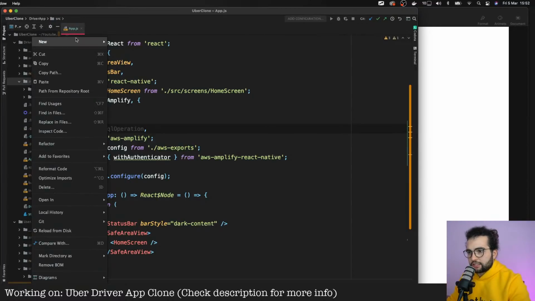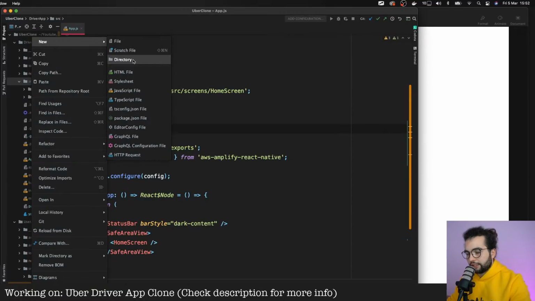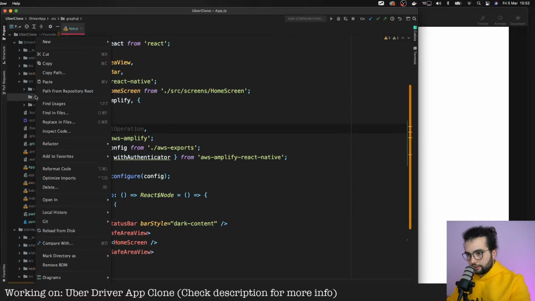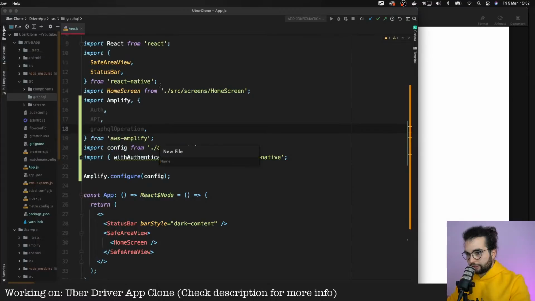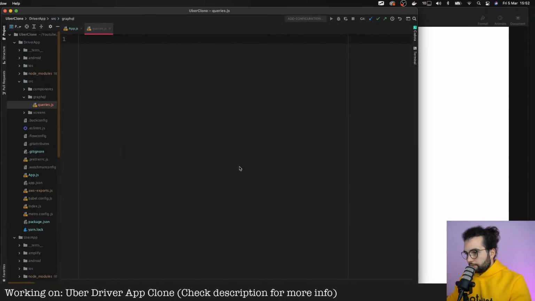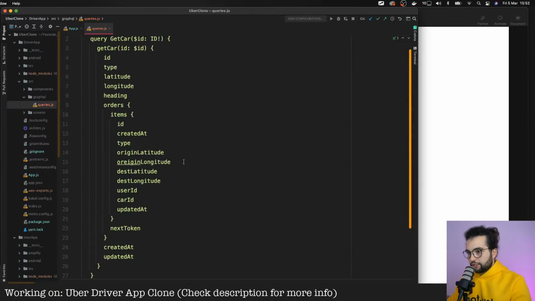So in the source, I'm going to create a directory, probably GraphQL. And here I'm going to create a file queries.js, and paste in this information.